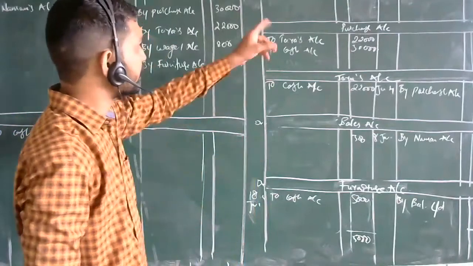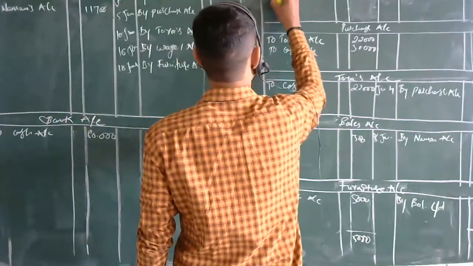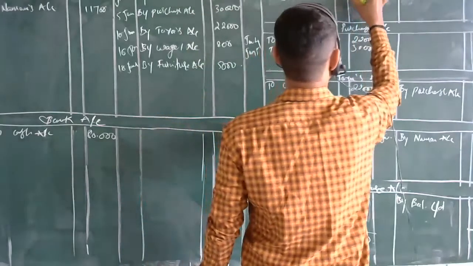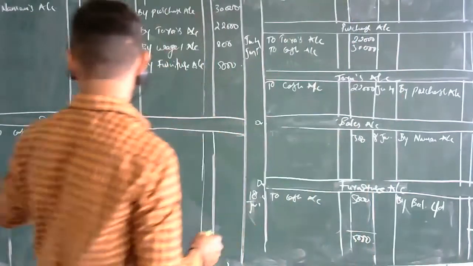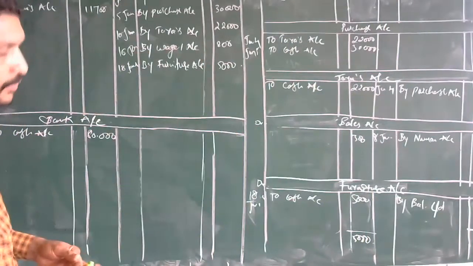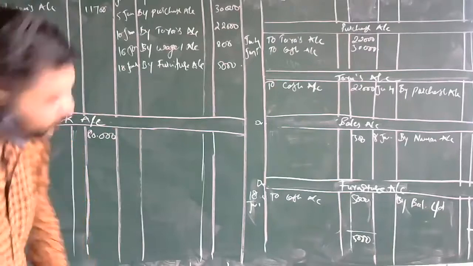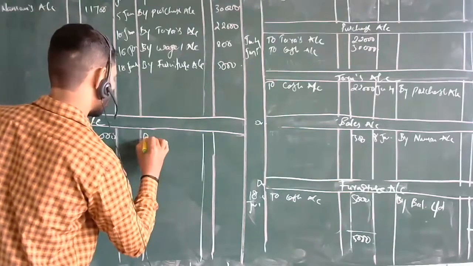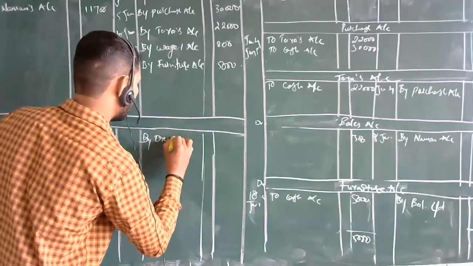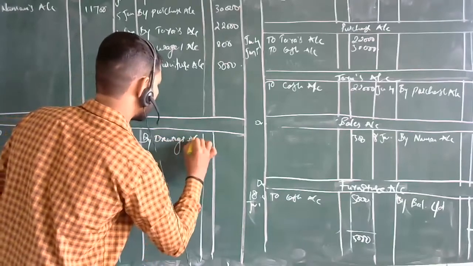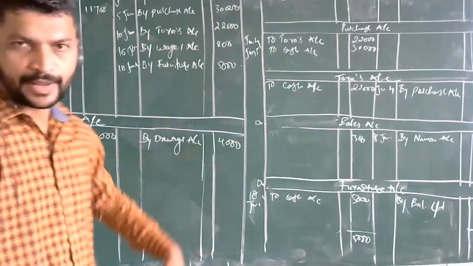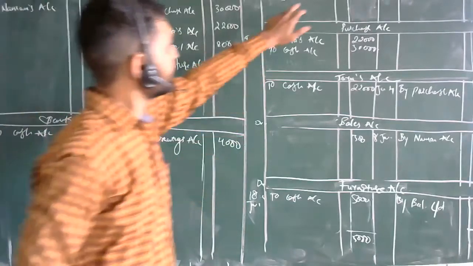Drawings account is debited, means here to bank account 4,000 rupees, and in this you are crediting the amount, means by what you can pass over here: by drawings account 4,000. Okay, here bank account got completed, drawings account debited to